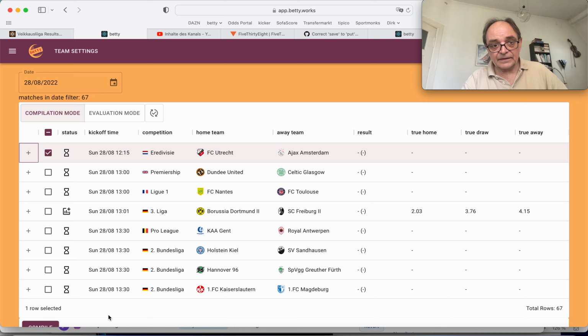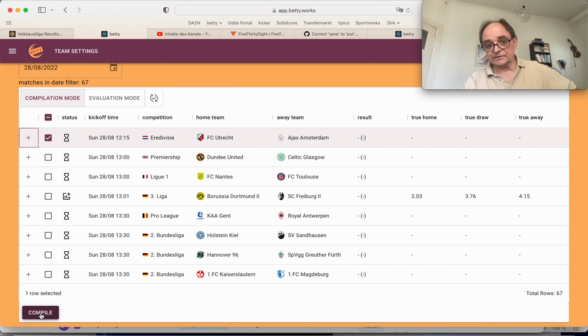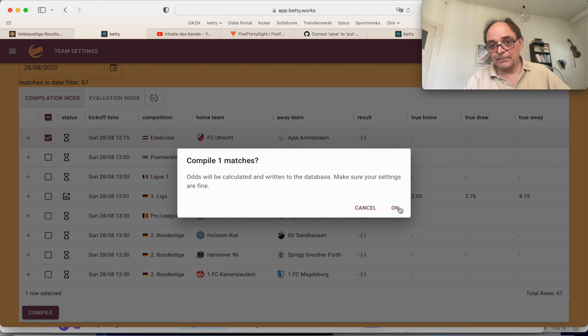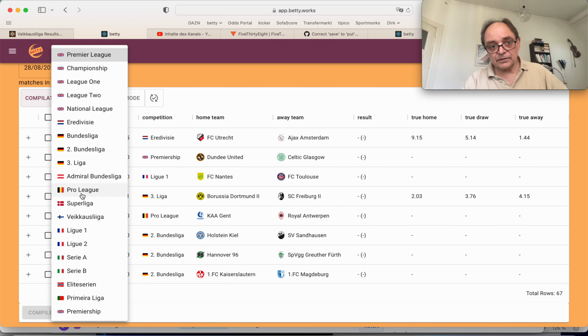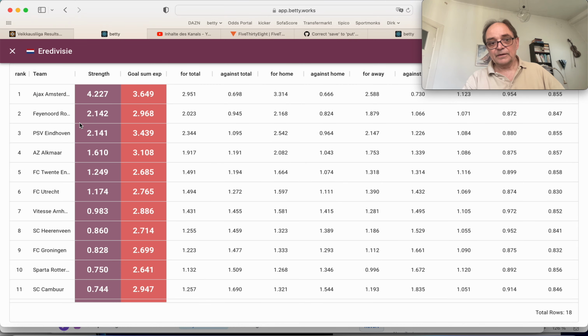But I select the Utrecht Ajax. I would say it's 140, 135 maybe Ajax. I don't know. 144. So yeah, but Utrecht had a very good campaign. But we could compare this with market. But all I can say, show you here, it's that it's based on these team settings, and they are usually,